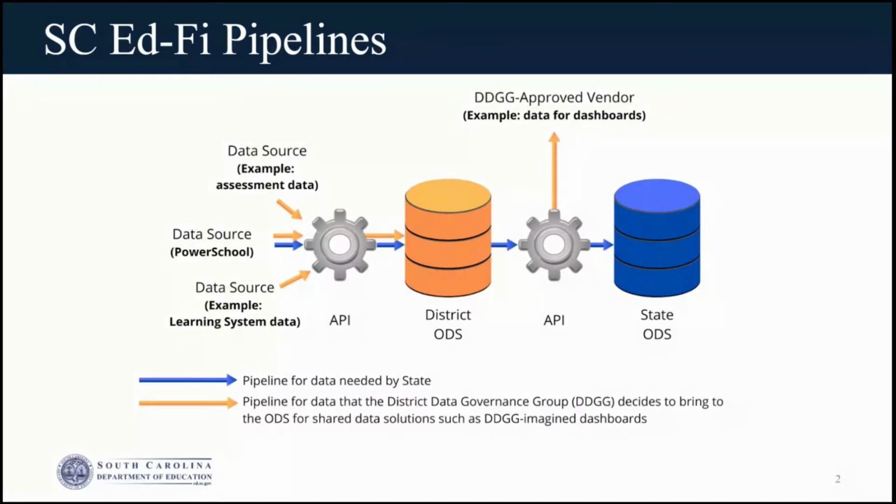So when publishing data to an ODS, it's important to know that the system that is the data source, such as PowerSchool, needs to connect through an application programming interface, or API. An API allows applications to talk to each other. And so in this case, it's basically the code that translates the data coming from the source system, for example, coming from PowerSchool, so that it can be published to the ODS, which is accessible with a URL, an API URL, a key, and a secret. Okay, so that's just a little bit of context.